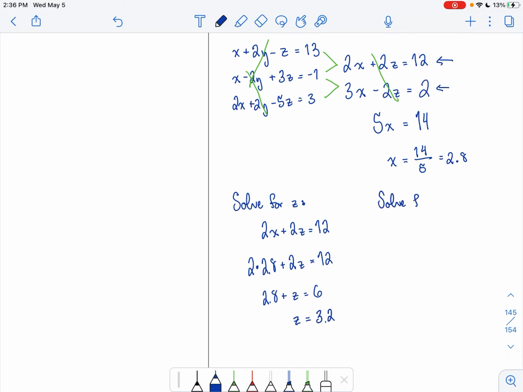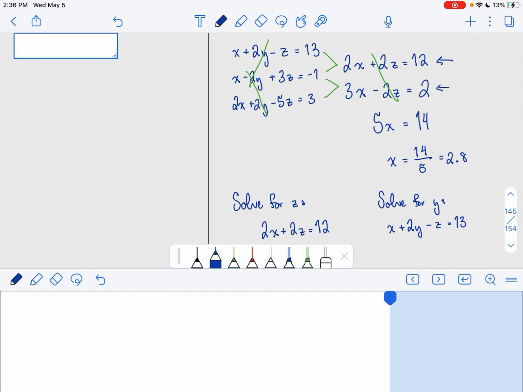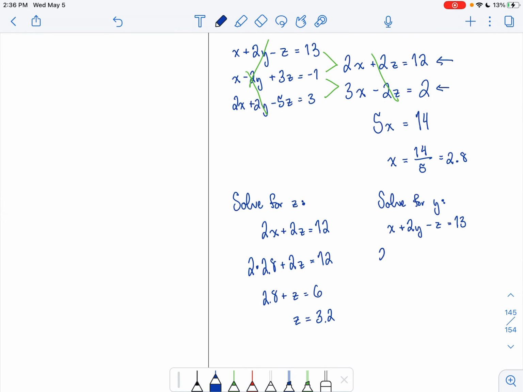So our final step is to solve for y. Now, we want to go all the way back to one of our original equations. We know that x plus 2y minus z is equal to 13. Whoops, sorry about that. x is 2.8, 2y, z is 3.2, all together is 13. So then I get 2y minus, I can combine 2.8 and 3.2 together, which will give me,